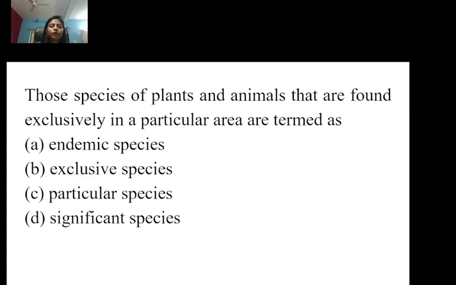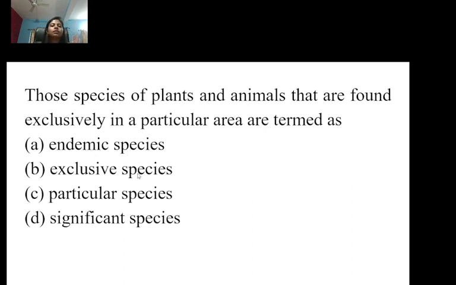Samir, Bittu, Praful, Akanksha, these 4 students are left. Please respond. Yes. Yes, Neha, why have you clicked particular species? What's the reason? Do you have any doubt? Then you can come up. Yes. Okay, fine, by mistake. Okay. Yes, Suman, why have you also ticked exclusive species? Okay, fine, by mistake. Okay.